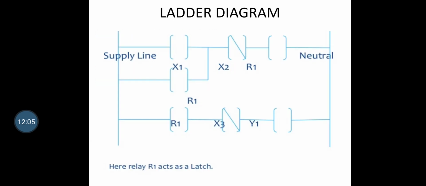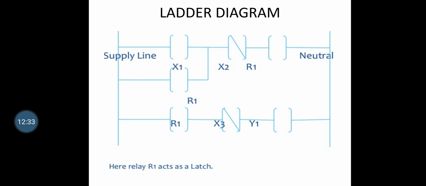This ladder diagram shows the 2 vertical lines. In between the 2 vertical lines is the supply line, and in between that we place the rung. First a normally open switch, and here we place the second one, X1 and X2. Here R1 is the relay that acts as a latch,